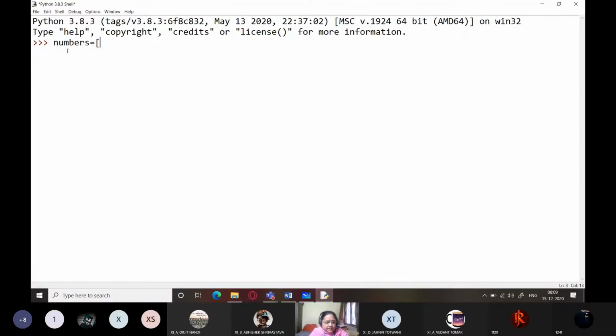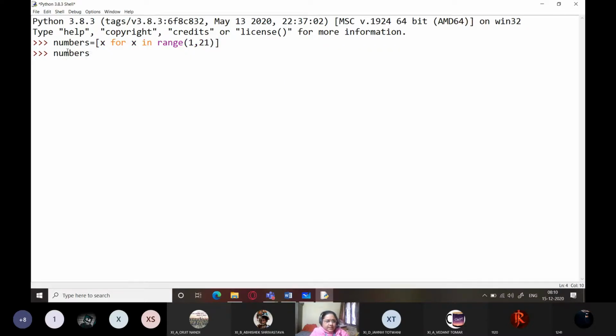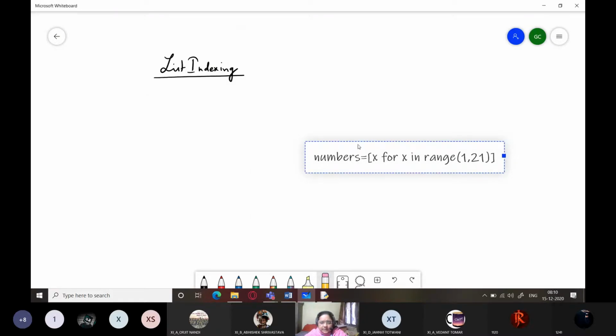You will see this for the first time: x for x in range 1 comma 21. Now when I print numbers, you will see it already takes these values. It's a very short and simple way to create a list whenever the list contains numbers in a particular sequence.